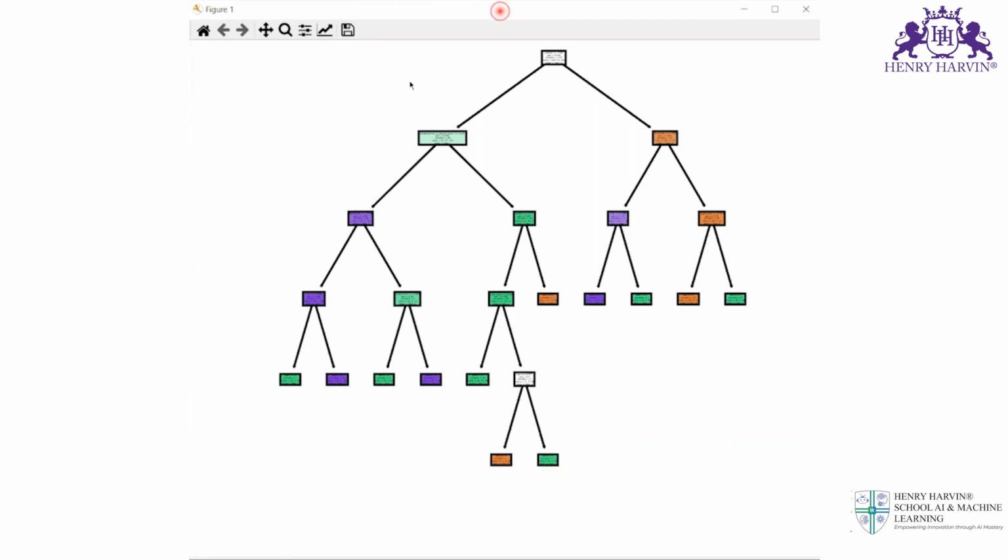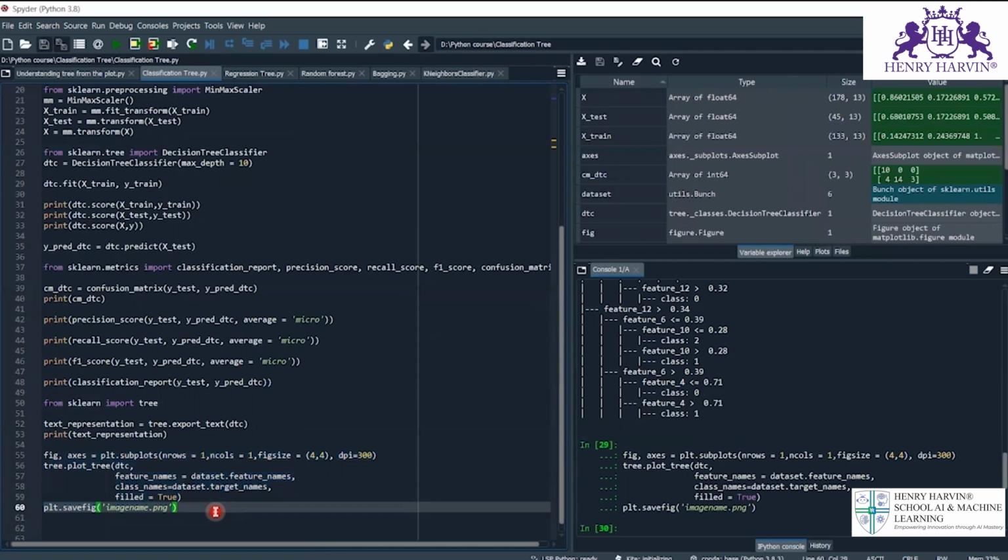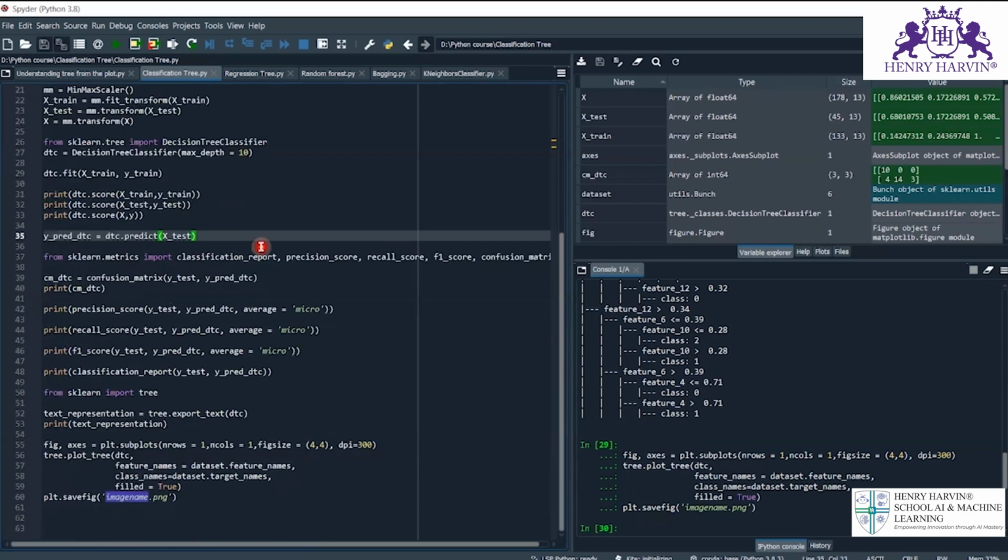So if you want to see this in future, then by using this plt.savefig function, I just saved my file in the name of this image name .png in the classification tree subfolder. So that's all about today's session, where we talked about the classification tree